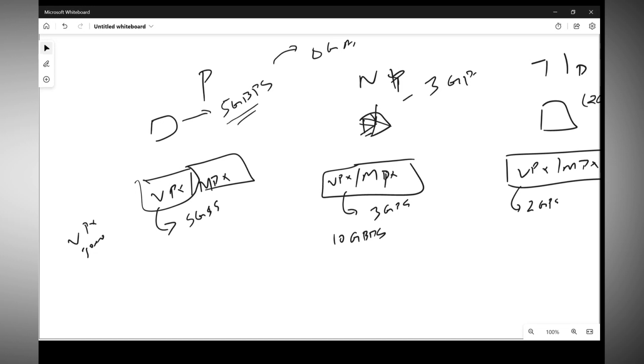Otherwise, what you have to do is go to Citrix and tell them that you need to increase your bandwidth. They will procure the new license, and it will take time. It is not a one-day job, right? It may take weeks to get a new license. However, even if you get a new license, for example for 8 Gbps,